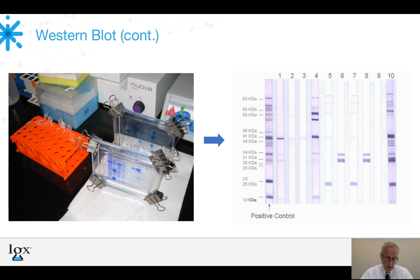blot, that gel. And when you pipette in the human serum at the top in lanes, usually lanes 1 through, there's usually an 8 lane here. Usually you put them in, do 8 or 9 patients, and you do controls at 1 and 10. And what happens is you will have an immune complex form between the human serum that you plugged in this little trough, and they would form a nice immune complex with antigens that match them that you put into